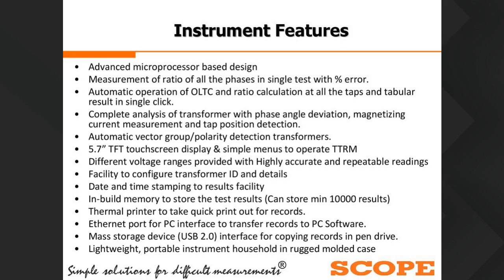Then an inbuilt touchscreen display with simple menus to operate the TTRM. Different voltage ranges are provided to get highly accurate and repeatable readings. There is a facility to configure transformer IDs and details. Then date and time stamping of the results is provided. The instrument has inbuilt memory, so up to 10,000 or 5,000 results can be saved easily. A thermal printer is provided to take printouts. Ethernet and USB ports are provided, and the instrument is very light and portable, housed in a